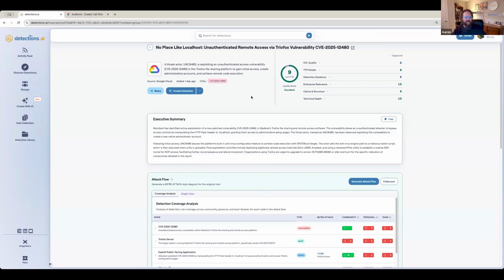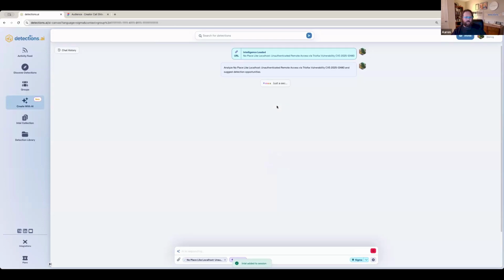It's behind a feature flag right now, but you can see here we bring the intel in, we summarize it, we score it. Again, most of you have probably seen this. You can create a detection in any of our supported AI languages. There's more languages for translate. But in this case, I'll just create a detection. Just kind of show you how this works. This will take a second.